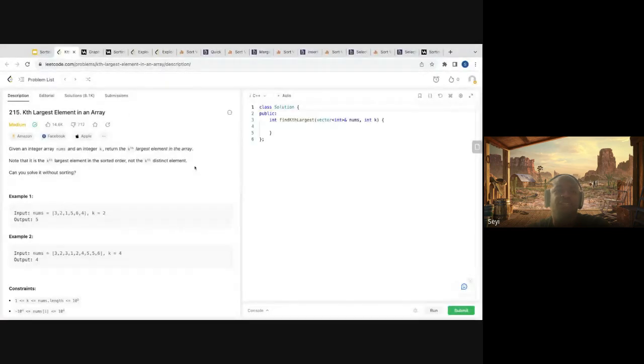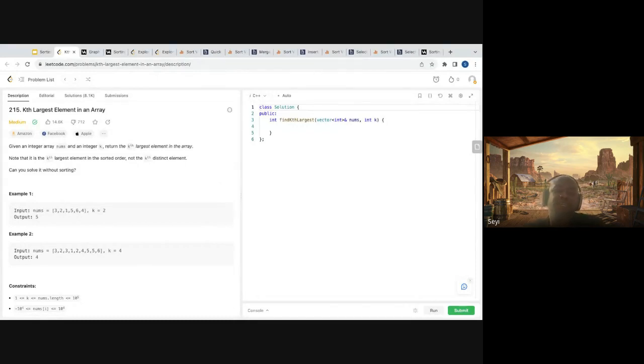So for the kth largest element in an array, the question is saying you have an array and you want to find the kth largest element. Could be the first, the second, the third, the fourth. What do you think is one straightforward way to solve this?